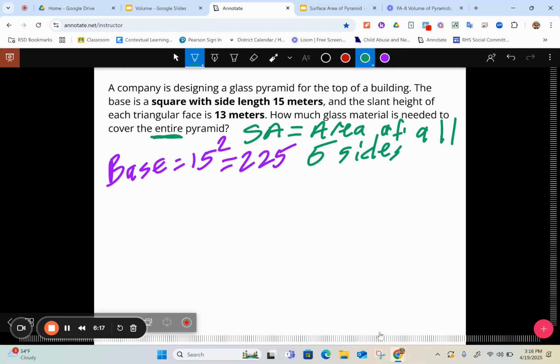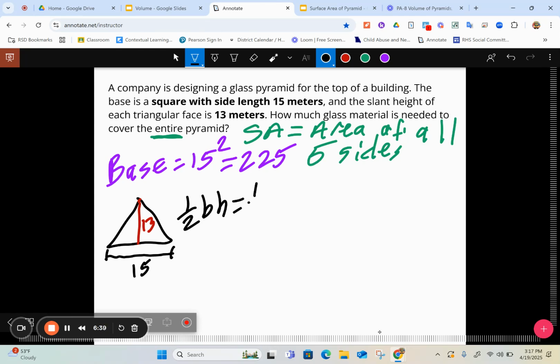Then I have some triangles, and we're told that this slant height, that's this part right here, that's 13. We were already told these are 15. So this is 1/2 base times height, or 1/2 times 13 times 15. So what is 0.5 times 13 times 15? We're going to get